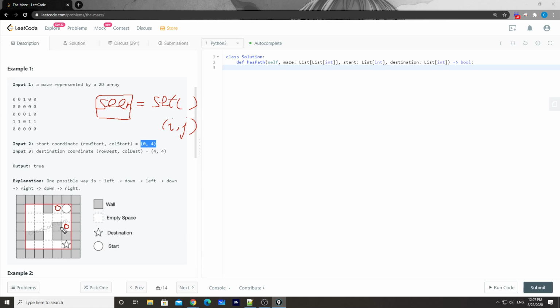Since we can only roll back here, this one will roll back to here. But when it stops, it sees that this coordinate position has already been seen before, so this branch will simply stop.